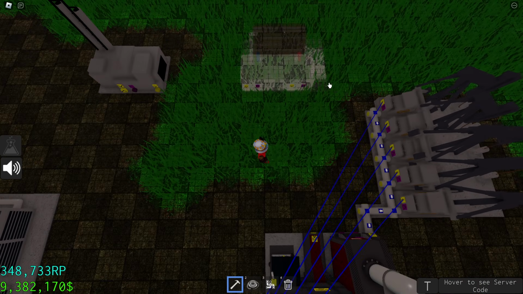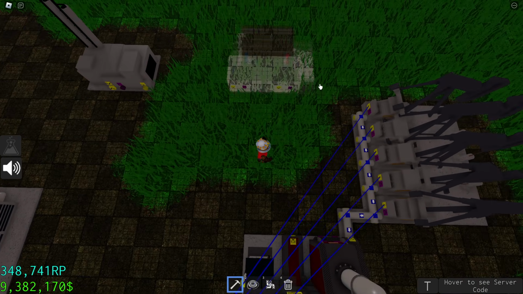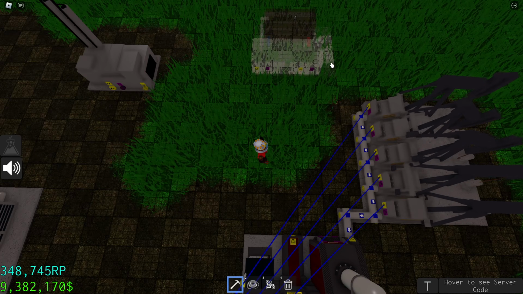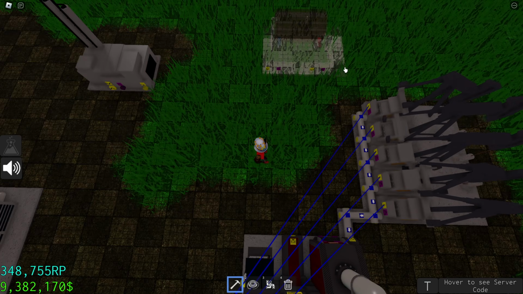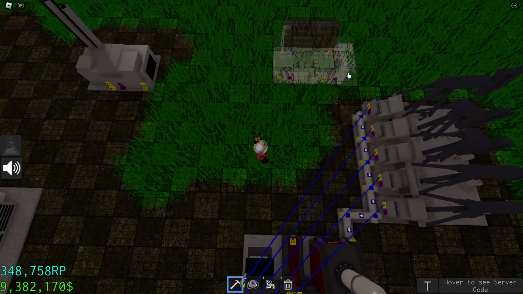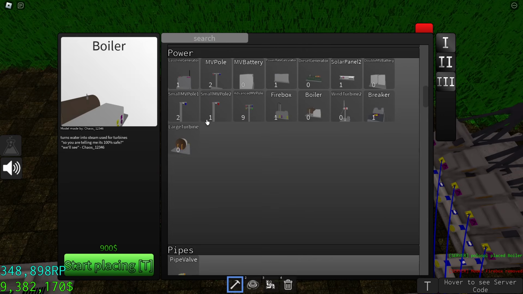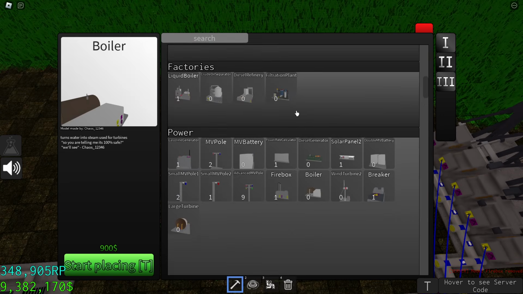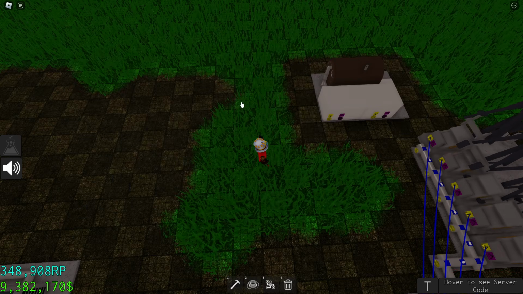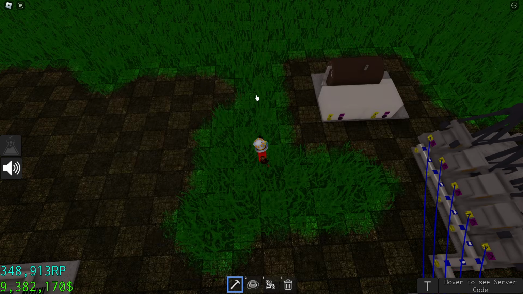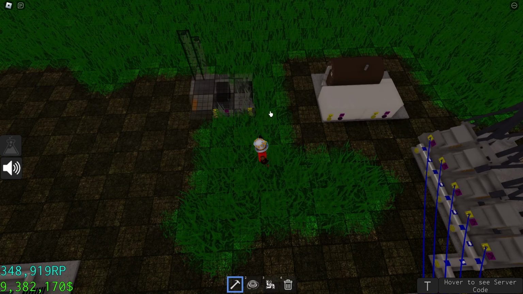I'm going to place it right about here. I'm actually going to place the firebox closer, so it's a little bit easier for me to connect them.